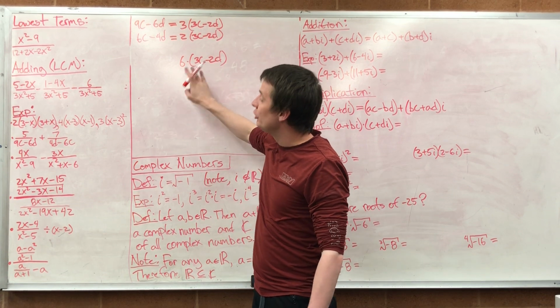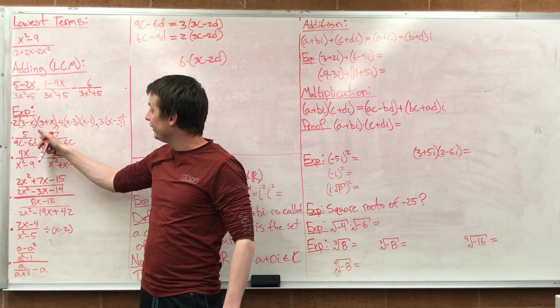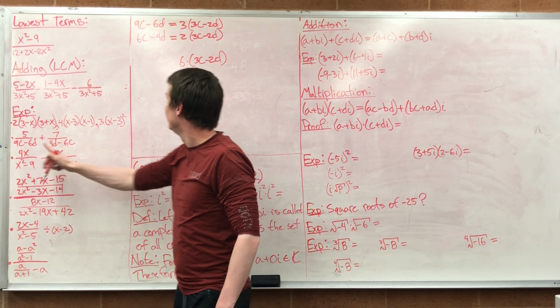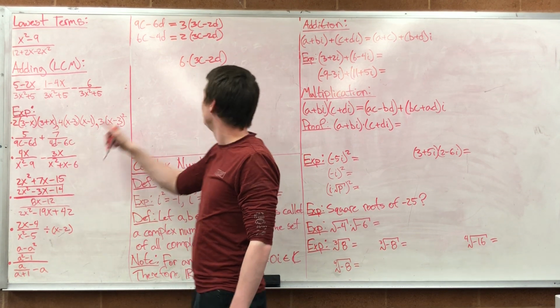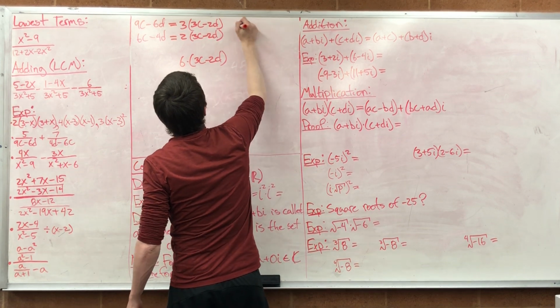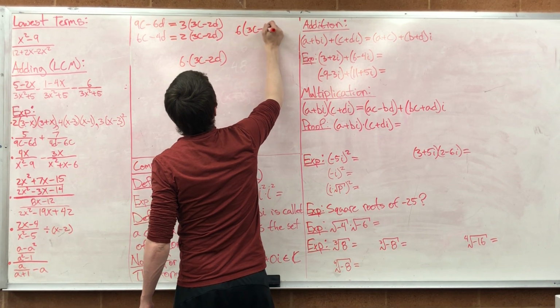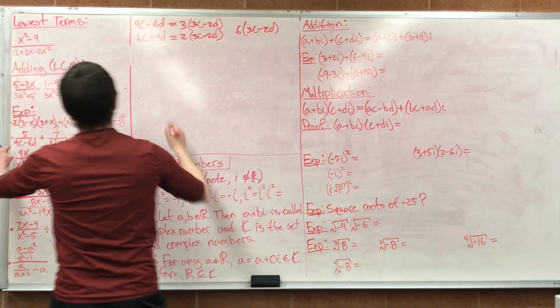So this is what we would use as our denominator when we add these two things together. I'm going to multiply this one top and bottom by whatever I need to make it come out to that. And I'm going to multiply this one top and bottom by whatever I need to make it come out to that. Okay. So the denominator I'm after is 6 times 3c minus 2d. That's the common denominator I'm after. So I'm going to write this as